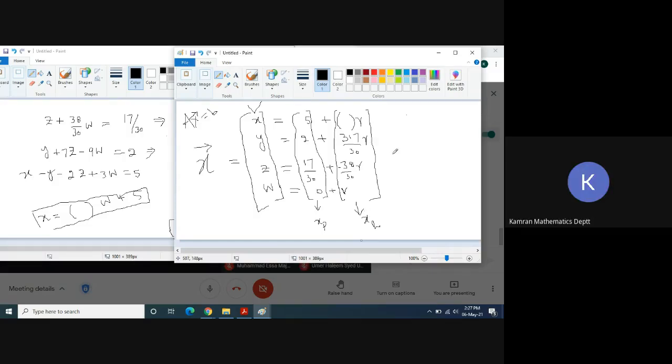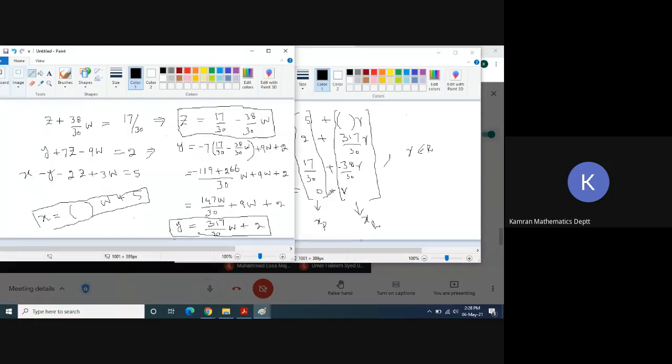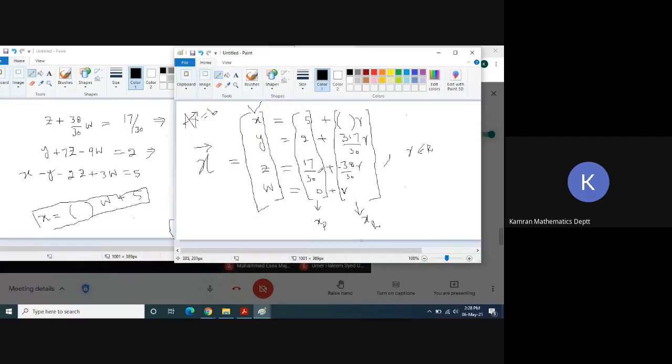r is any real number, because r can take any value. Why? Because in reduced echelon form, the rank was equal to 3 and the unknowns were 4. So the rank was less than the number of unknowns, so we will have infinitely many solutions. So r is any real number. You can substitute r is equal to 0, any positive number, or any negative number instead of r. So this is the required procedure.